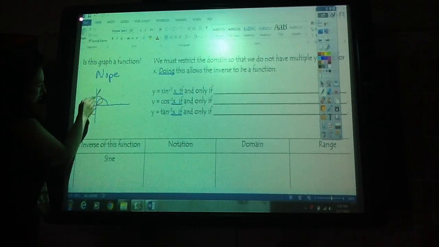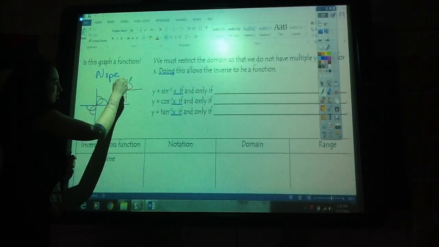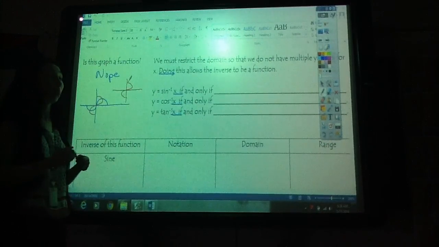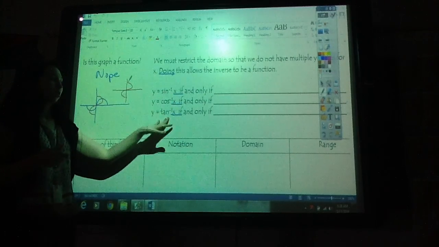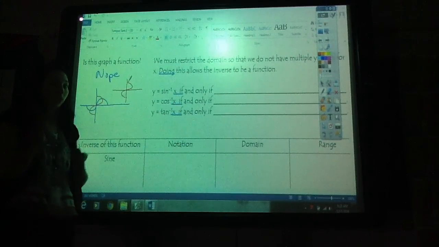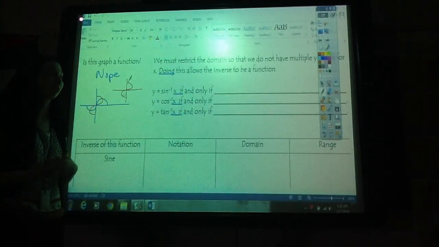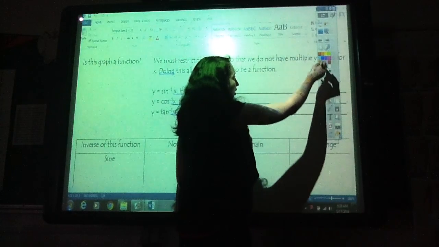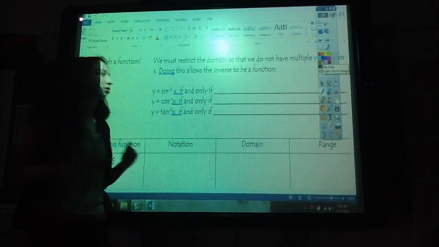That red, right in there, you need to see it elsewhere, it's right here. That does not fail the vertical line test. It passes. So when you deal with taking the inverses of these, there's only specific areas the original function was allowed to be. Otherwise, the inverse doesn't exist because the inverse is not a function. So the way that works is, in order for y to be equal to the sine of x, the inverse